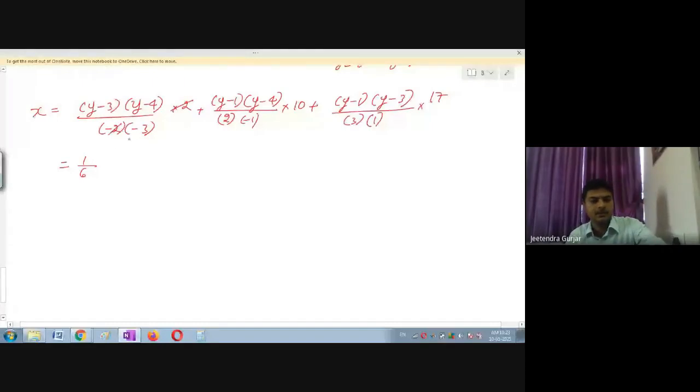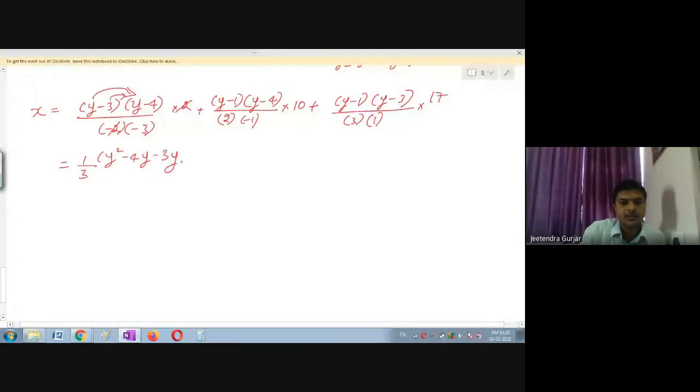So why simplify everything again? Here only we will get the cancellation. This 2 will get cancelled, but here minus into minus will become plus 3. Okay, so I think I will simplify this. Y I will multiply inside this bracket. This is going to become, you should be fast, this is y square minus 4y. Then I take minus 3 and substitute minus 3y, minus into minus plus 12. Okay, that's it. Then I will move to this.